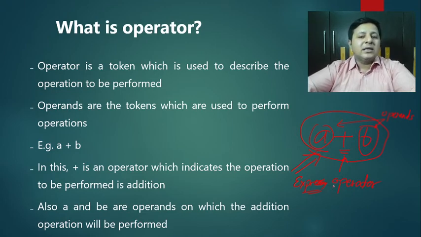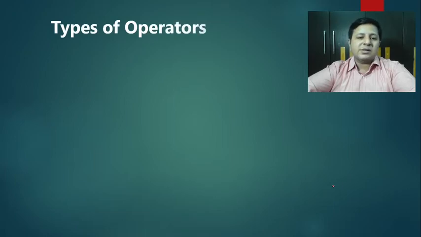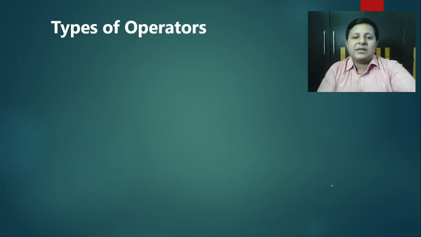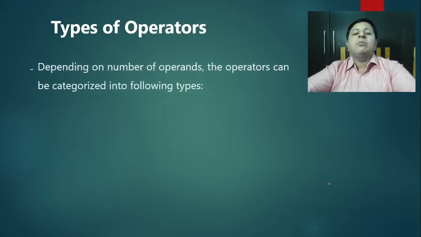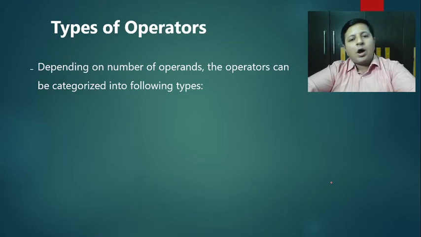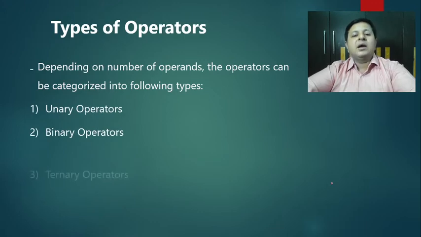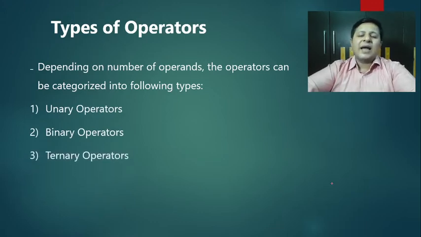Okay, let's look at the types. What are the types of operators and how do I categorize them? What is the policy or reason for categorizing? It is the number of operands that we work with. So depending on the number of operands, we can have three different categories or types of operators. First is unary, second is binary, and the third one is ternary. By the name itself they are quite simple to understand, but let us have a quick look at each one of them, starting with the first one, that is unary.